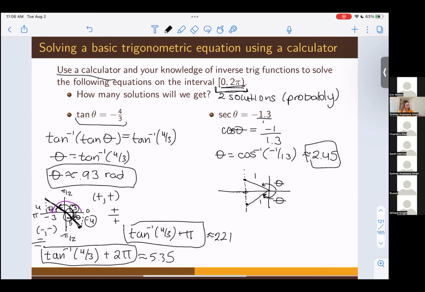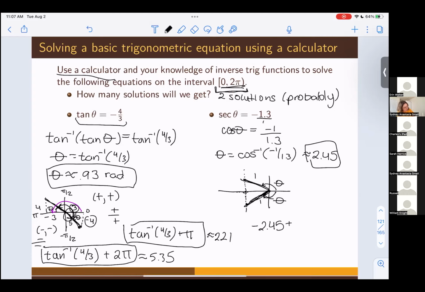However, negative theta is not within the interval 0 to 2 pi. How do we get an angle coterminal to negative theta? Because we know that is the other solution. All of the solutions to this equation will lie on one of these two angles right here. How do we get the angle coterminal to negative theta that is within 0 to 2 pi? Well, how do we find coterminal angles? We add 2 pi. So our solution, we have negative theta here, which is negative 2.45 plus, we want to